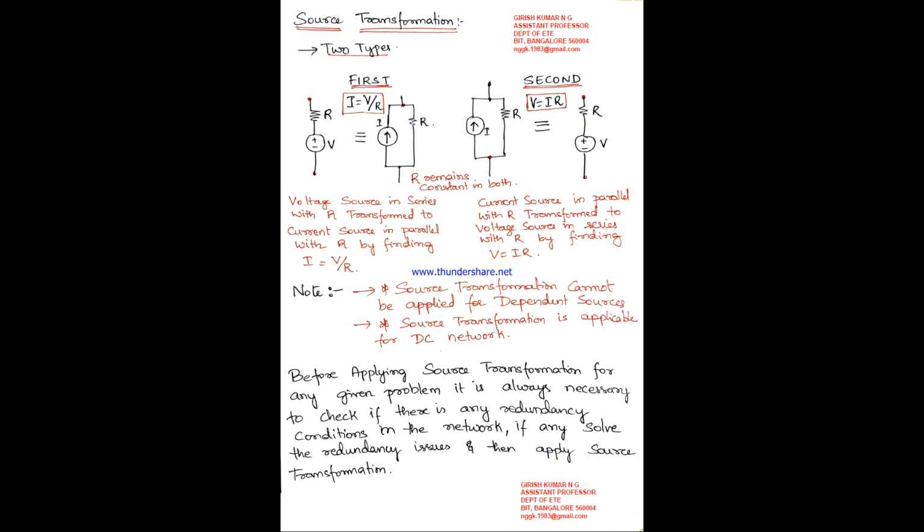Now you see two different current sources in parallel, and two different resistances in parallel. As I said, current sources in parallel can be added. Now what happens to the resistances when they come in parallel? You all know the equivalent resistance. R equivalent for a parallel network will always be equal to R1 R2 divided by R1 plus R2, right? So you all know about the parallel connection of resistances.